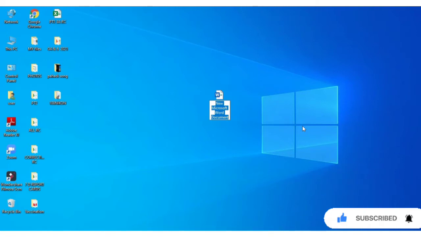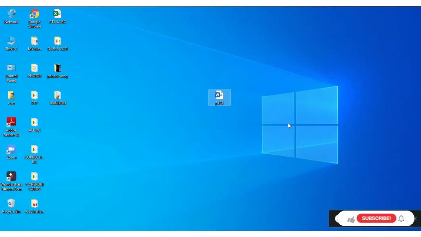So with the help of the backspace key, we can write down the name of our file, anything, or your practice file, and press enter key. After pressing enter, if you press twice, then automatically this Word file will open.